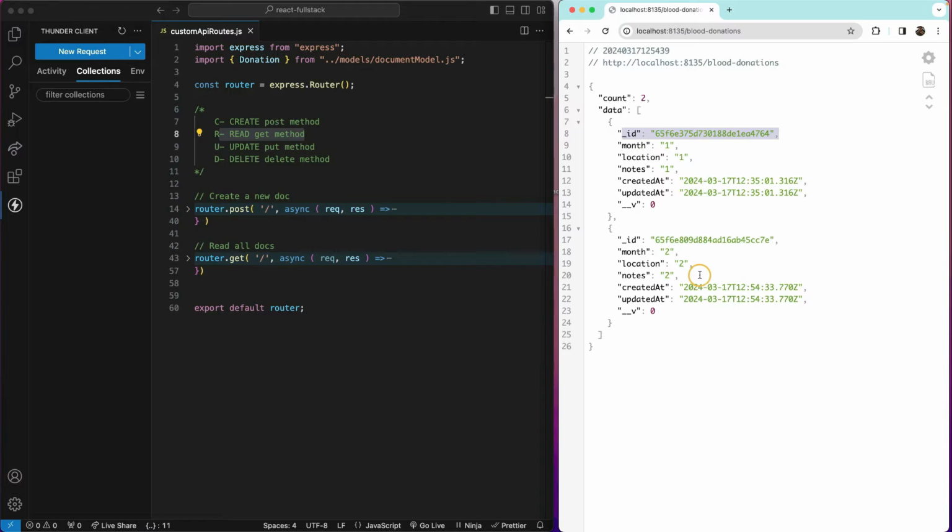So for me to either read just one single document, or to update one single document, or to delete one single document, I firstly need to identify it, and we use something that is unique. Okay, so we know that we are getting the correct information. In this case, MongoDB always creates this ID for us automatically, and it's going to be always unique. And we are going to use this in order to be able to continue developing our custom API routes, and